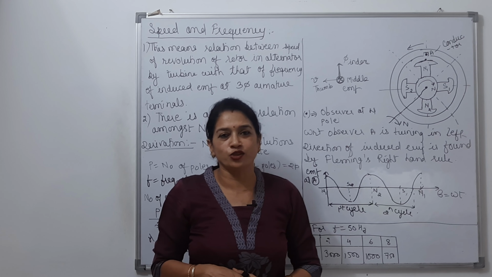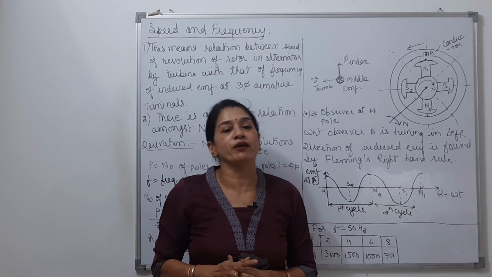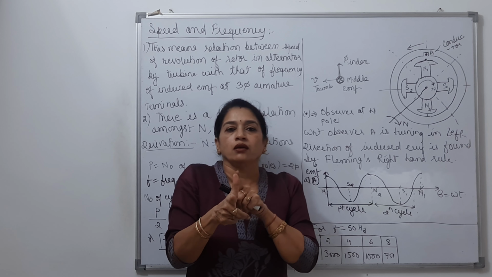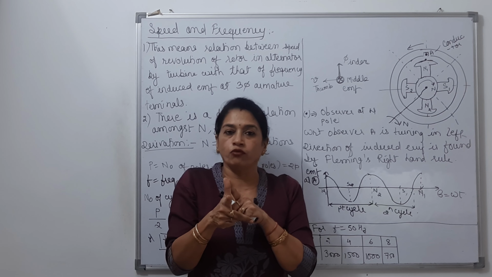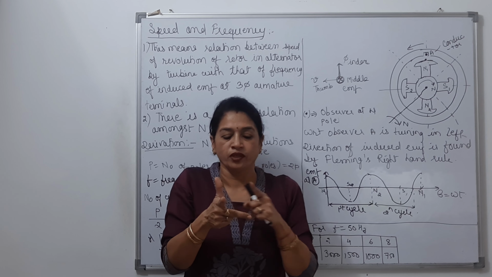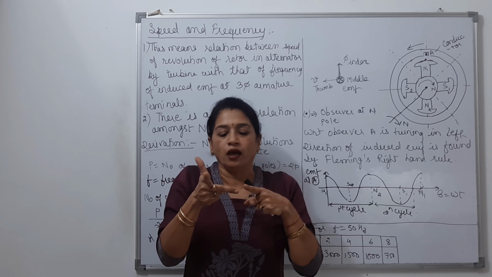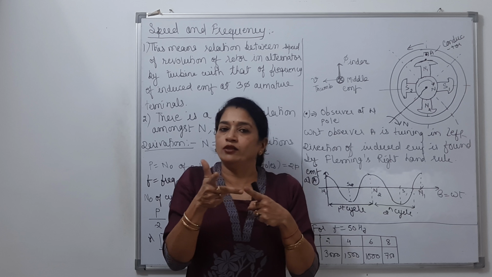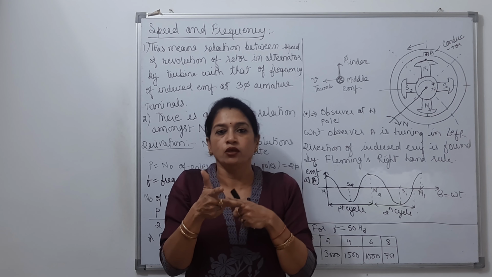But this is what I said right now, the quantity, the magnitude of EMF. But what would be the direction of EMF? The direction of EMF is going to be judged by Fleming's right-hand rule. Fleming's right-hand rule says that the thumb indicates the direction of motion of the conductor for which we want to know the induced EMF. The index finger gives the direction of the magnetic field, and the middle finger is along the length of the conductor, and it also provides the direction of EMF.